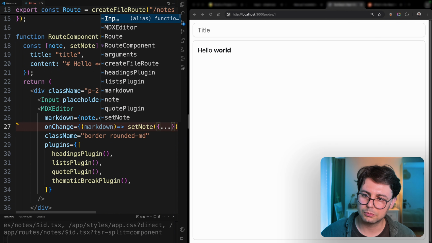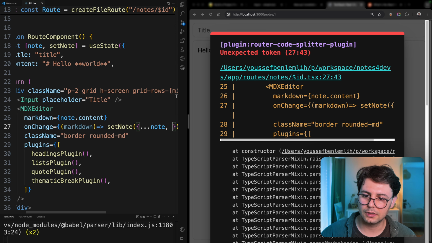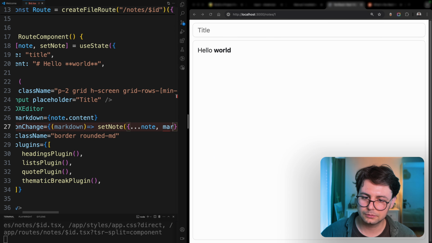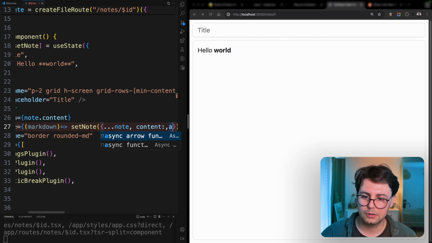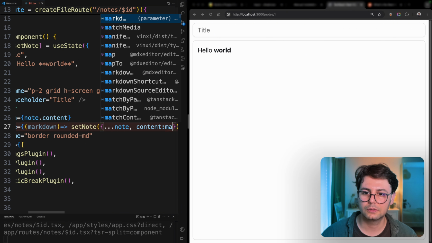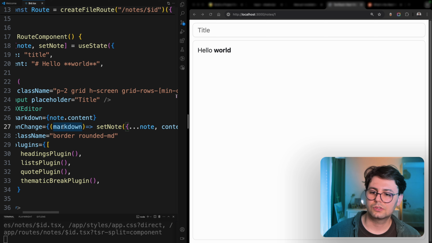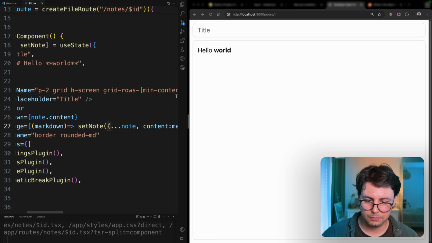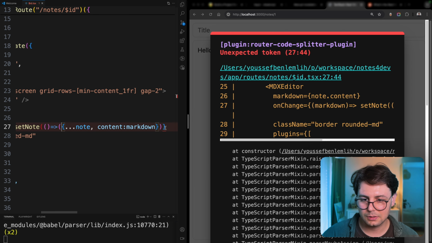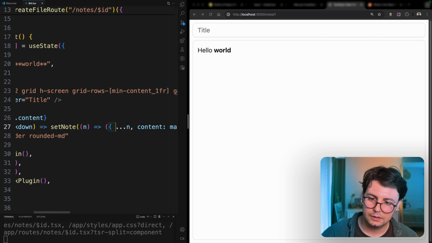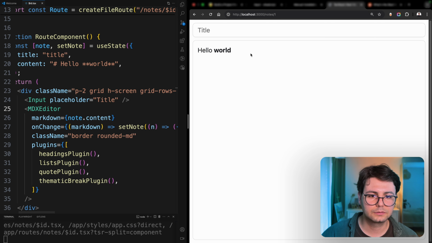And I'm just going to spread the previous value. So note and then markdown. So the content is going to be markdown. And just to make sure that we don't overwrite this value if the user types too fast or something like that, I'm going to pass in this previous value for n, something like that. So now if you start writing,